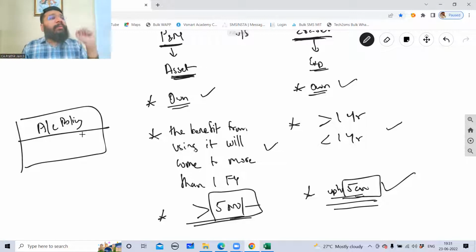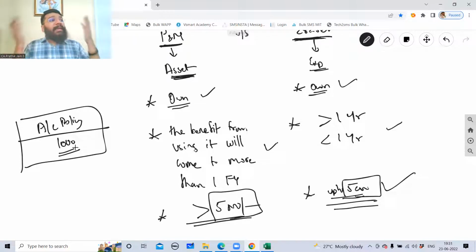The general accounting policy says that if the amount is up to 5,000, then you can treat it as expenditure. More than 5,000, you can treat it as asset. But you may say, no, sir, we want to change this policy and make that limit 1,000. That is, up to 1,000, if I spend something, it will be expenditure. More than 1,000, it will be asset. No problem. But one thing you have to remember,